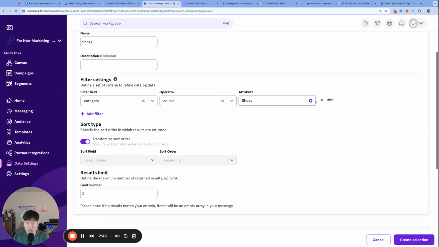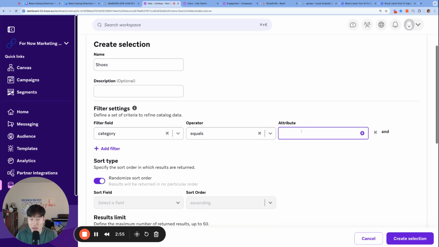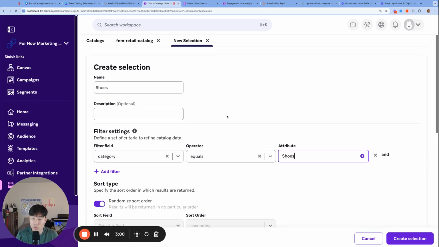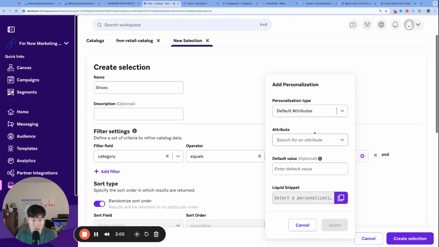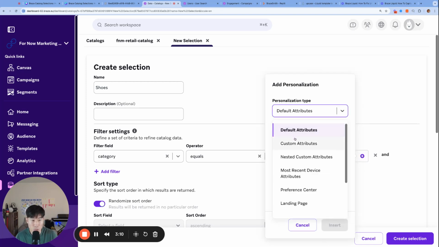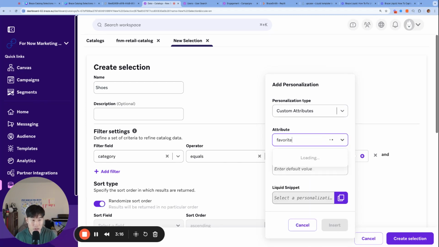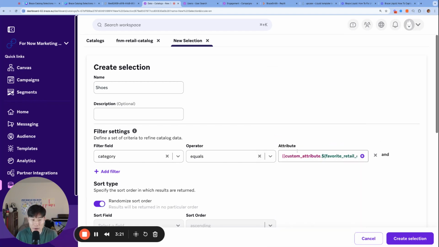Actually, now that we notice this plus sign, the personalization aspect inside this filter, this just helped me remember that we don't have to hard code our favorite category and make one for each category. And if there were maybe 20 categories of products, that would become cumbersome. We can actually create just one selection dynamically. So in here, we are going to use the user's favorite, what was it called? Favorite retail category, and that will be already dynamic. The selection is dynamic already, so then we should actually name it